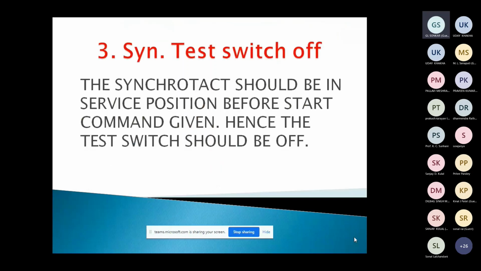Then there is a test switch. Sometimes what happens is your synchro is in maintenance and there are some problems in your synchroscope. You are taking it into maintenance, but you don't know. Suppose prior to that, somebody in shift duty, A shift or B shift or C shift, and in B shift you find the synchro machine is in off condition and they are doing some maintenance work. Some problems are there, but you came in the C shift, you don't know whether it's in test or not. So you start the machine.